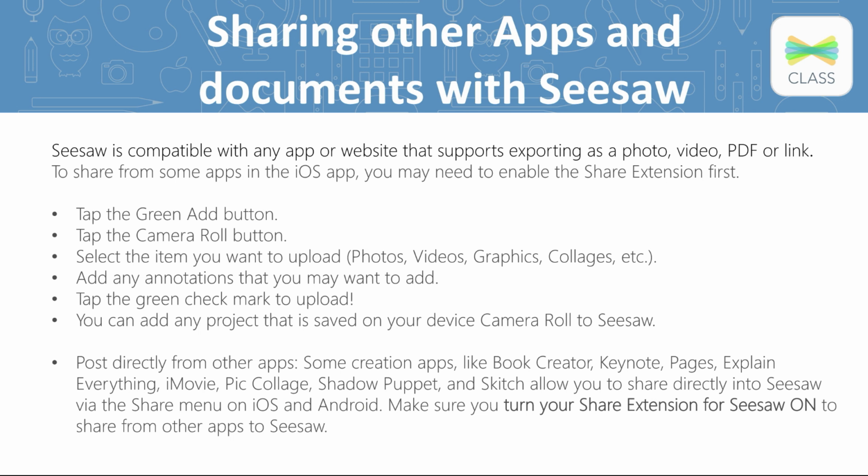Often though, you need to share other apps and documents with Seesaw. Now you need to do it in this way. If you're going to be posting directly from other apps, you will need to share your extension for Seesaw on. Otherwise you will just tap the add green button, tap the camera roll button, select any item that you want to load. So whether it's your photo, videos, graphics, collages, add any notes that you may want to add, tap the green check mark again to upload them,